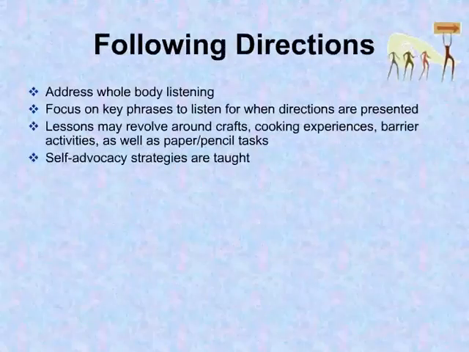Children need to be able to follow directions in everyday situations, such as when following oral directions given by teachers, following directions on tests, or asking someone to give them directions to a specific place. Many students need to learn listening skills, as it is not automatic for everyone. Children may be taught ways to be good listeners, such as using whole-body listening, or being taught how to identify listening cues, such as "this is important" or "listen carefully."